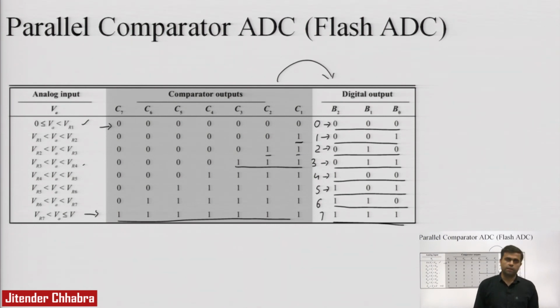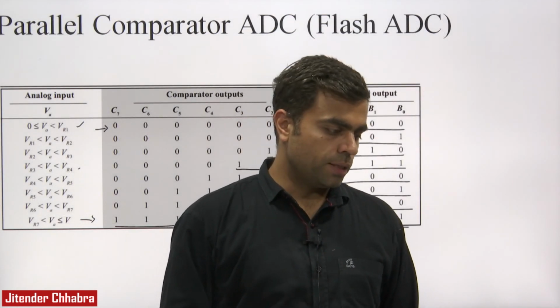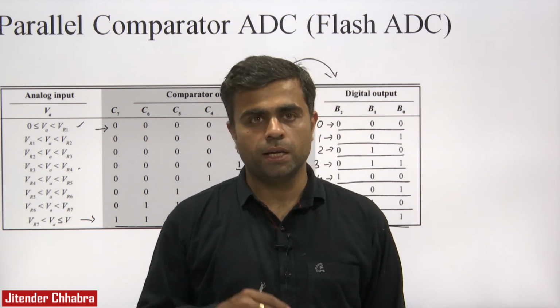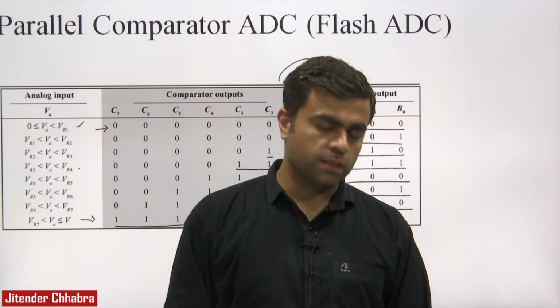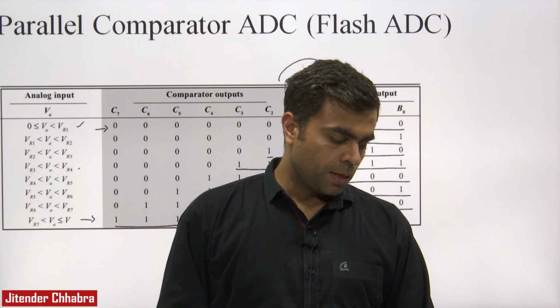We can see that it gives a straightforward advantage: the processing time is the fastest. So we have the fastest processing time in this flash type converter, and we will make the comparison in the next lecture, in which we will be covering other different types of A to D converters. So with this we come to the end. Thank you.